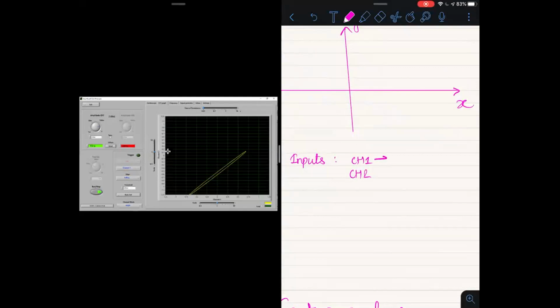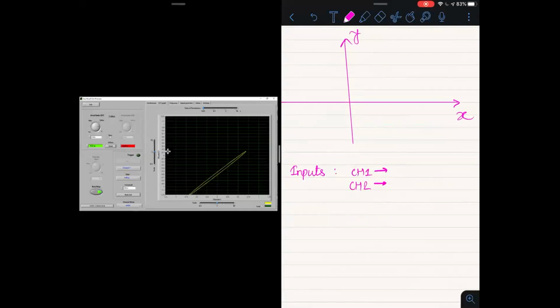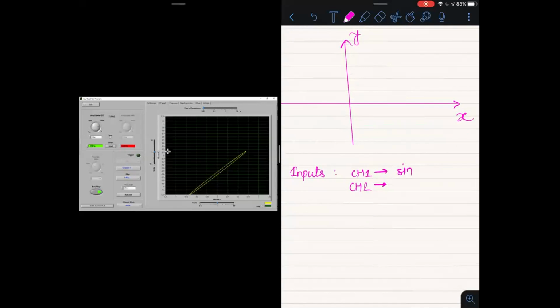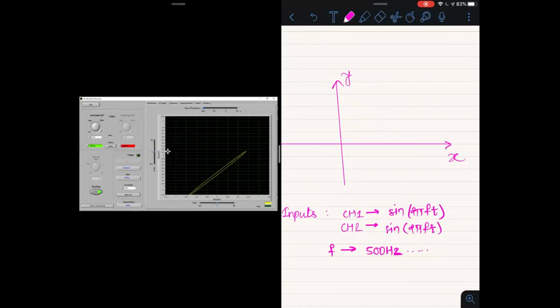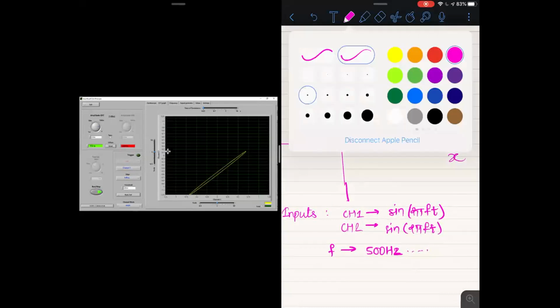Now in both the channels, channel 1 and channel 2, whatever voltage is coming is a function of time. For example, right now it is coming as sine 2 pi ft, and it is also sine 2 pi ft, where we have set the frequency to 500 hertz. So the XY plot will plot the X value versus the Y value.